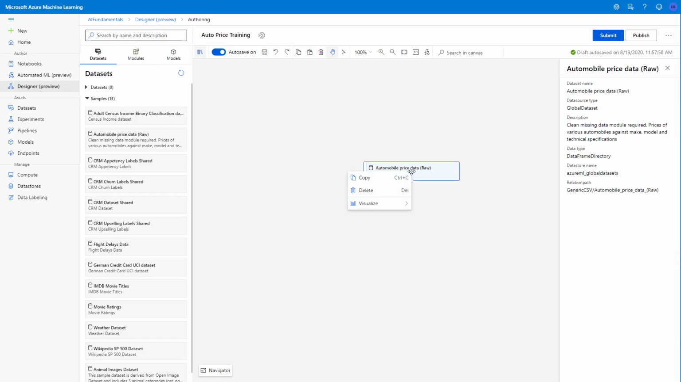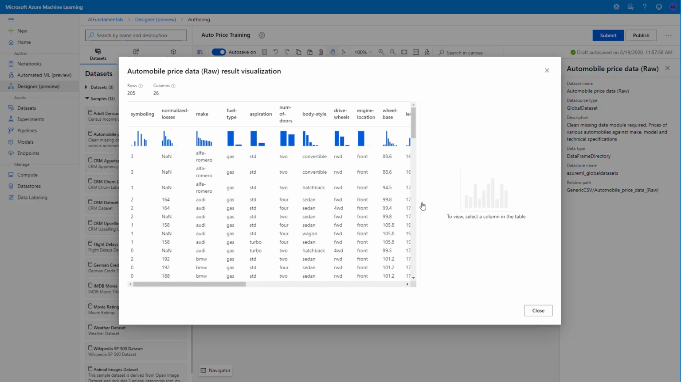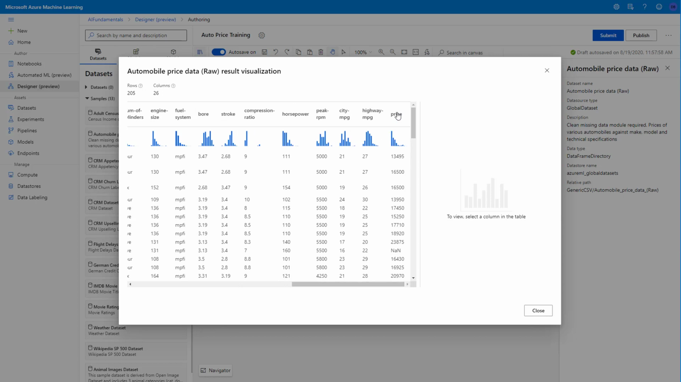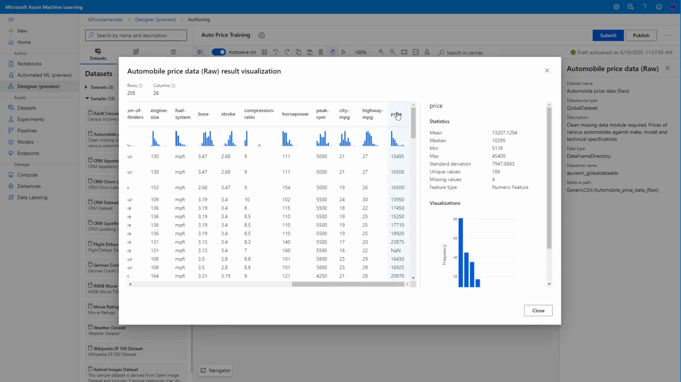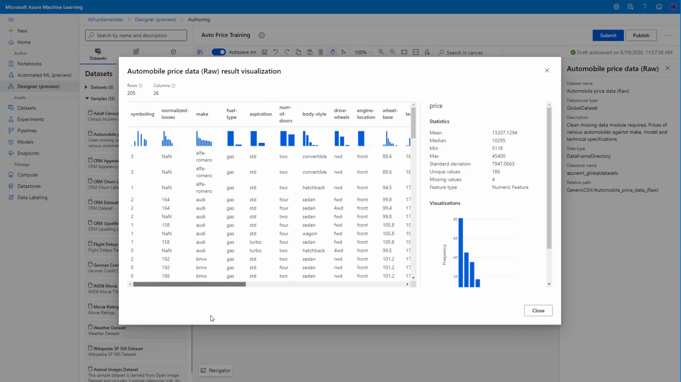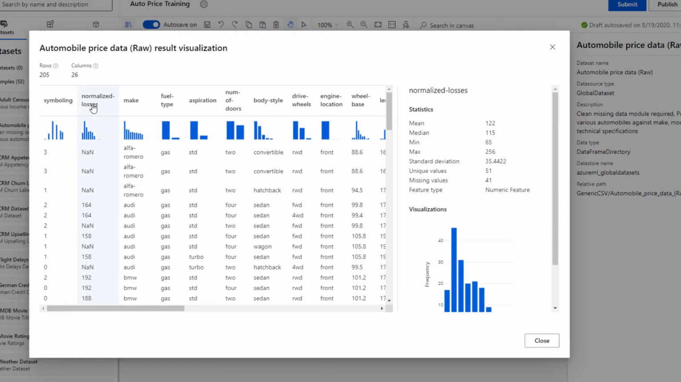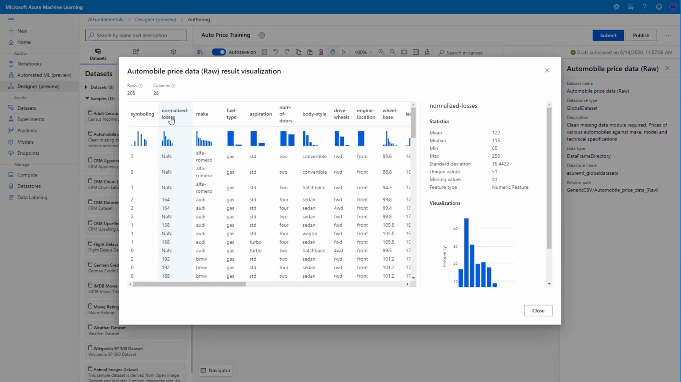If I right click, we can visualize our dataset output. Then, if I select a column, in this instance price, you'll notice various statistics for the values. Let's look at another column, normalized losses. Now notice that as we review the column, we can see lots of missing data. This is going to limit its usefulness in predicting the price label, so we will want to exclude it from